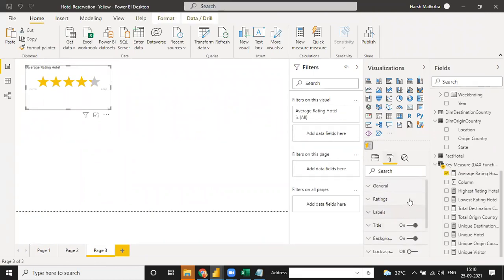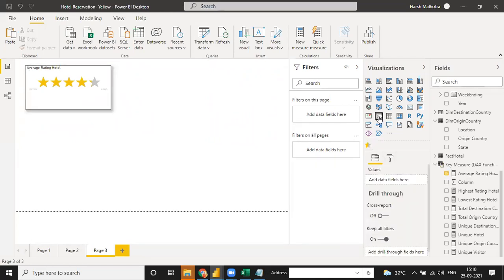Suppose I click on this and go down, to border and shadow on, and instead of this I can use one slicer here.